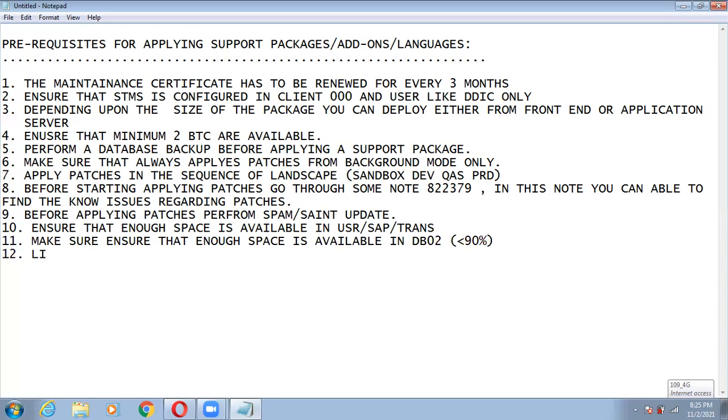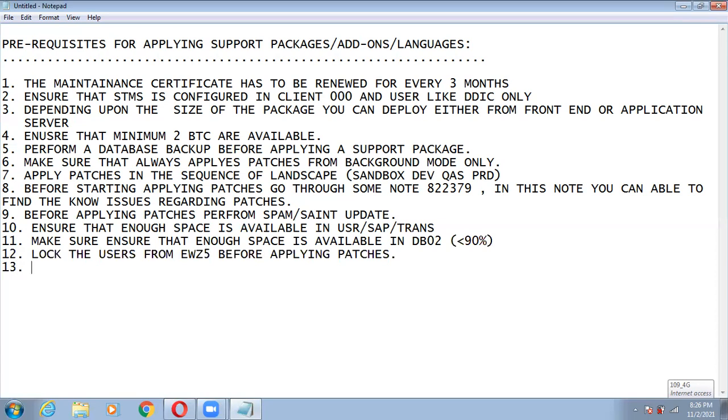And lock the users from SM01 before applying patches. No user should be able to log in before applying patches. With the transaction, you can lock all the users at a time.